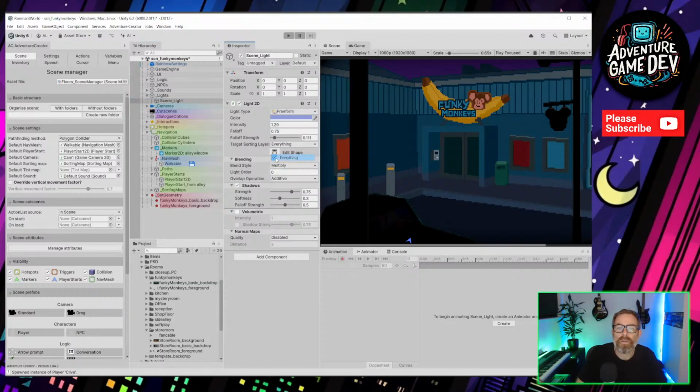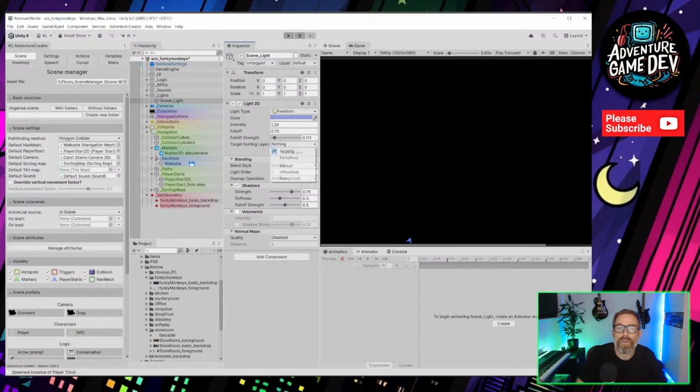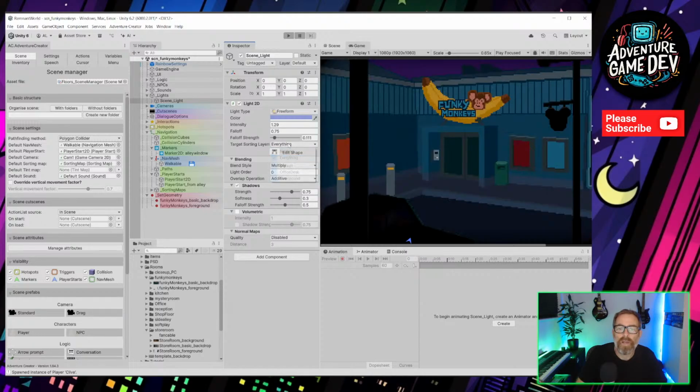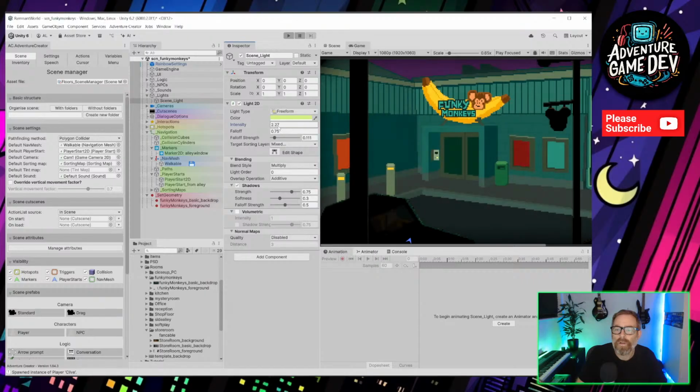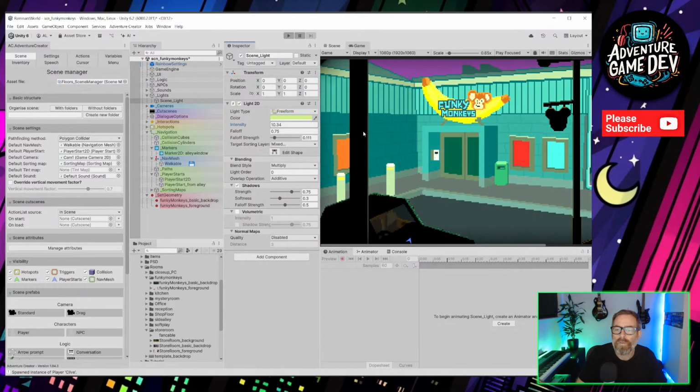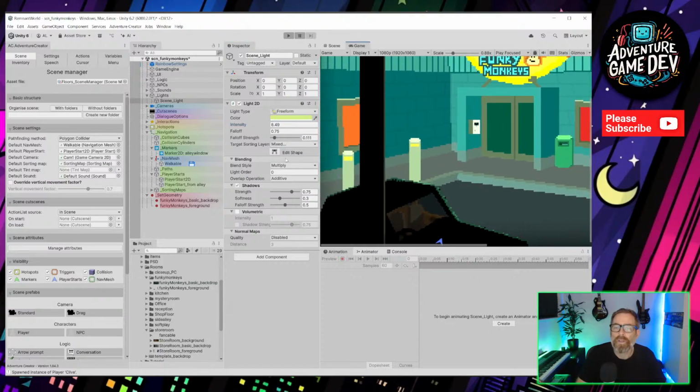And if we had nothing, so we want everything, but we uncheck the foreground, so it shouldn't be affecting the foreground. Is that right? No, it's definitely affecting the foreground as well, as we can see into the car there.